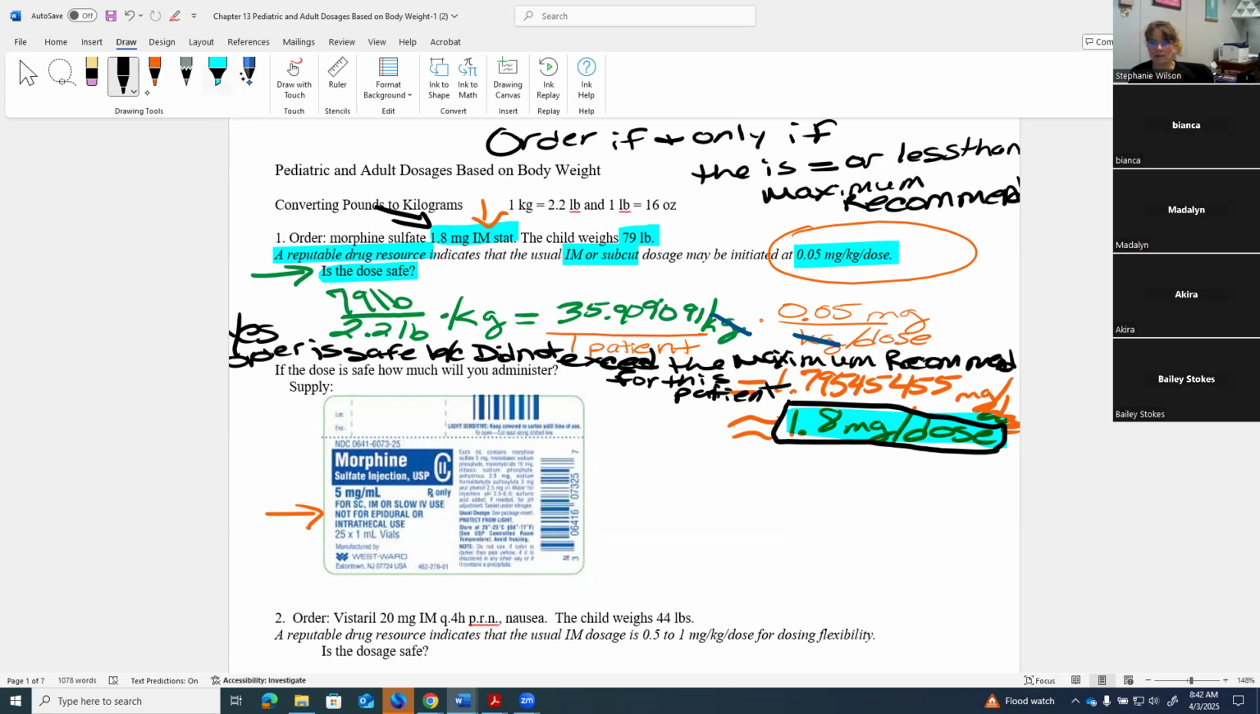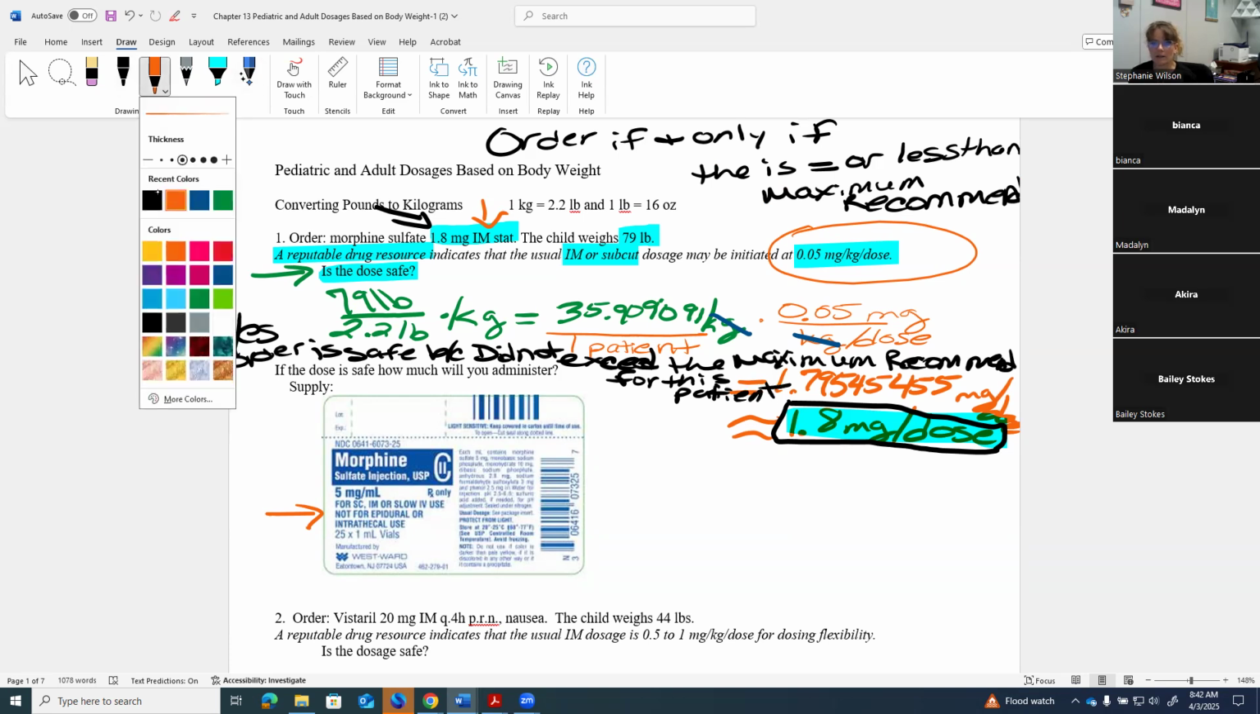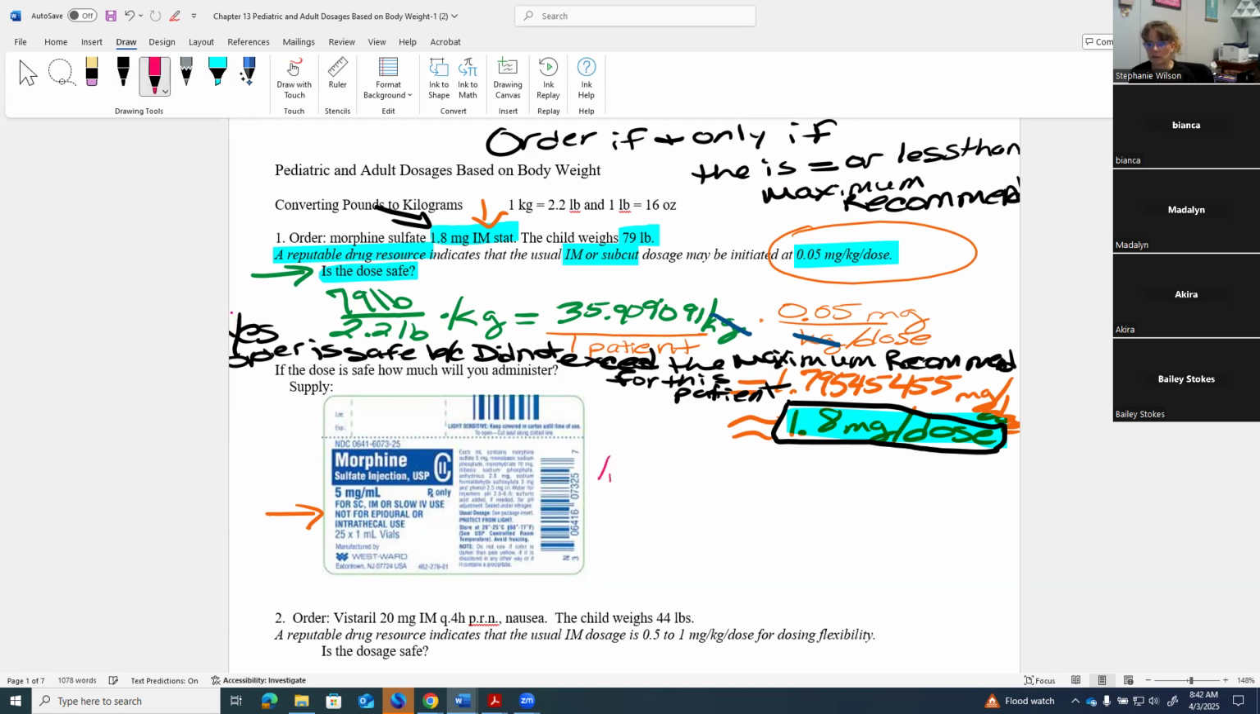All right. So now, since it's safe, let's calculate what they're going to actually administer. So the order is 1.8 milligrams. Our supply is 5 milligrams per 1 milliliter. So that means we're going to take 1.8 divided by 5, and we get 0.36